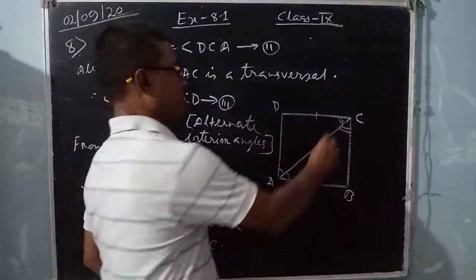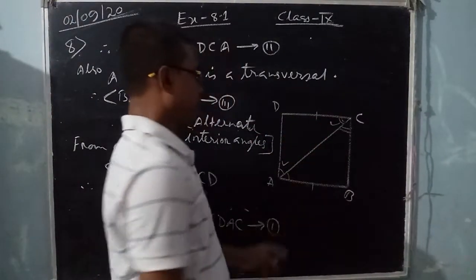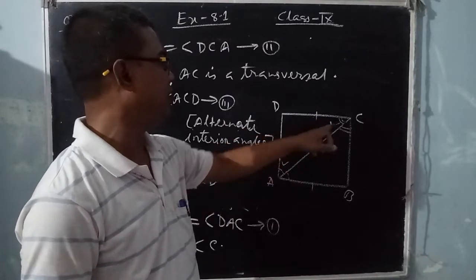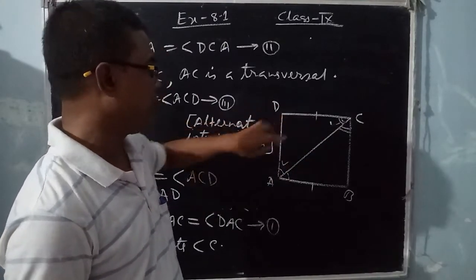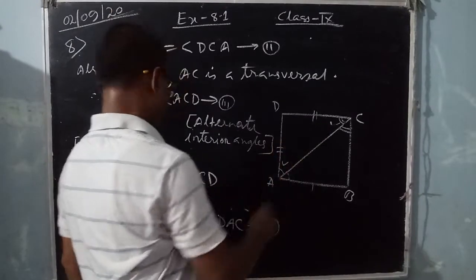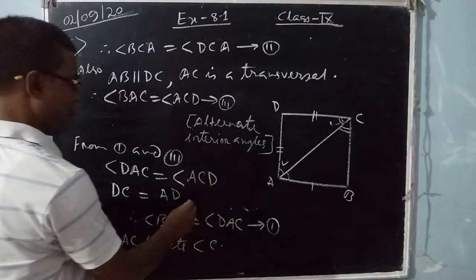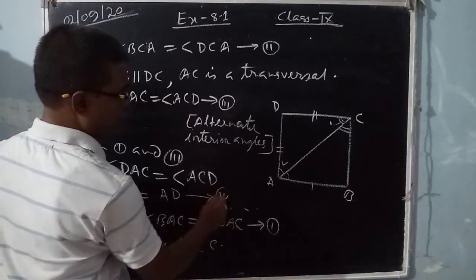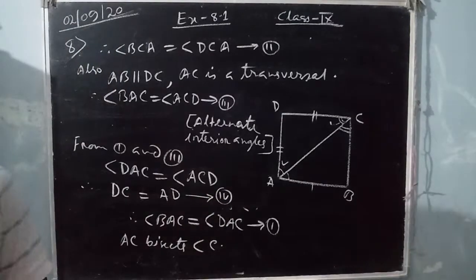Now these two angles are equal, so the sides opposite them are equal. This equals AD, number 4. After this, similarly,